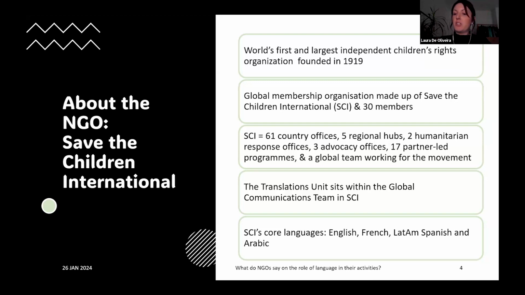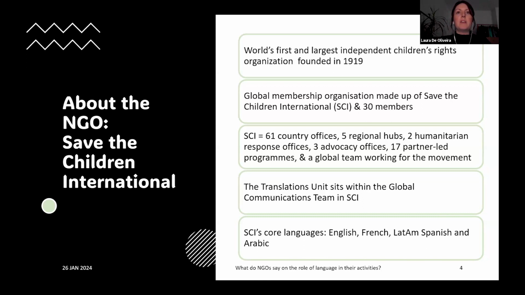As of 2022, SCI included 61 country offices, 5 regional hubs, and 2 humanitarian response offices, 17 partner-led programmes, and a global team working for the movement. So for context, the translations unit is based in the global communications team. So we are there to serve the movement. And our core languages are currently English, French, Latin American Spanish, and Arabic. And as I mentioned earlier, we really are at the beginning of our journey to understand how we can serve